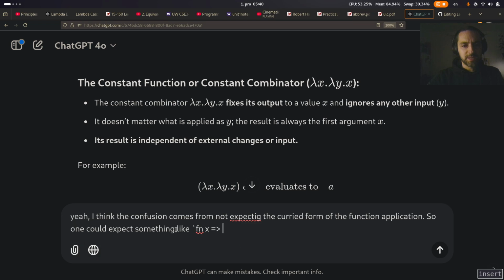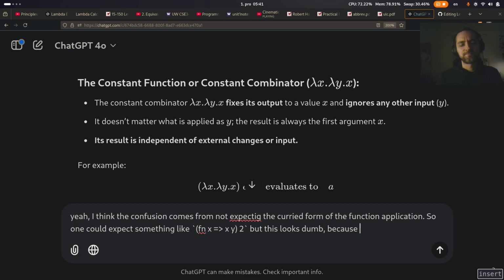So one could expect something like fn x, then x and then y, even though this is wrong, right? And then you could think to put this like this, and then you give it what? You give it something and it returns the same thing. This was my first really dumb idea,